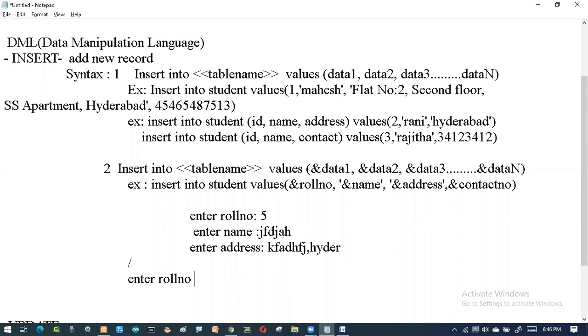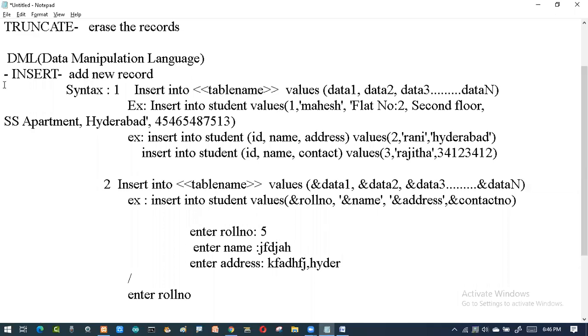So what did you learn in today's class? We have learned the command called insert, which helps me to add new records. For that the syntax is insert into the table name followed by values. The keywords you will find in insert are insert, into, and values. These are 3 words you have to remember. When I ask where you want to insert, in which table, and what you want to insert, put these questions to your mind, then automatically the syntax is in your hands.